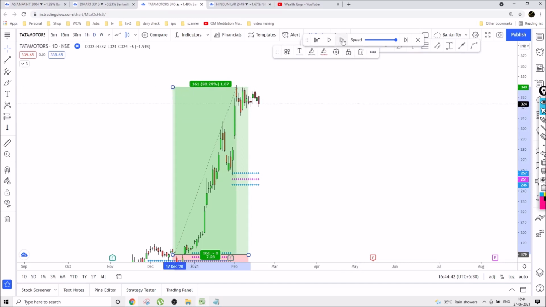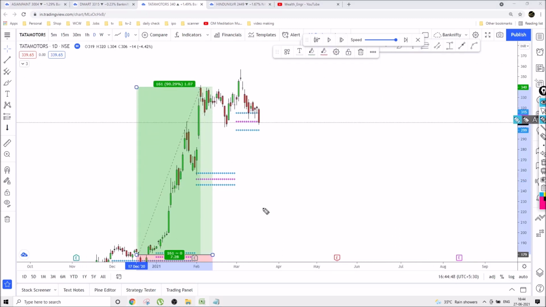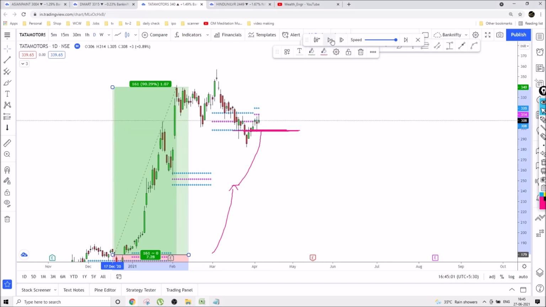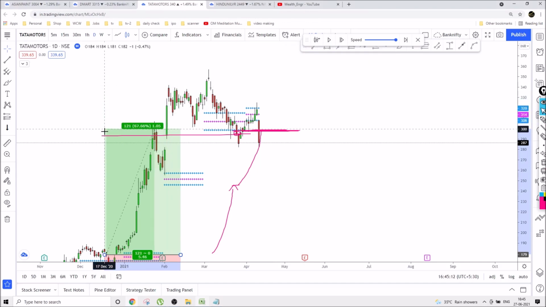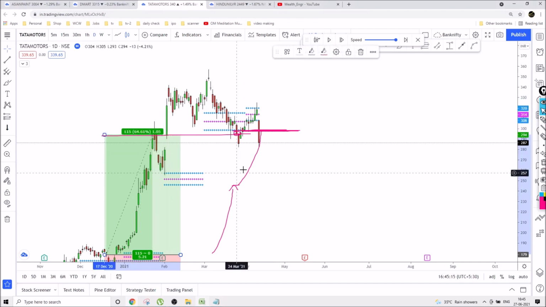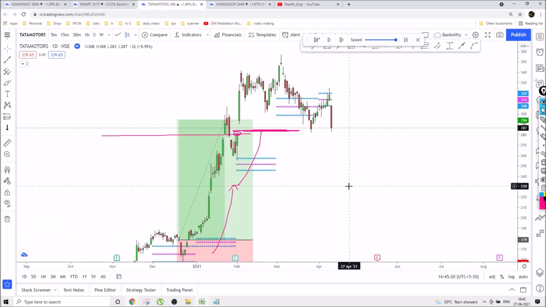Wow, still it has not hit your stop loss. Where is your stop loss? Your stop loss has to move from there to here, and then from here to here. If any candle closes below this, you can exit. Yes, you have a candle closing below CPR, so you will exit here. So what is the final return you got? It is around 65%. In how much time? 1, 2, 3, in 3 months' time you got 65%. It's a huge return.